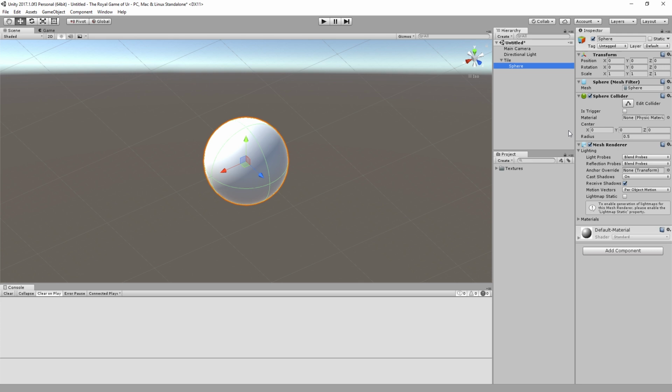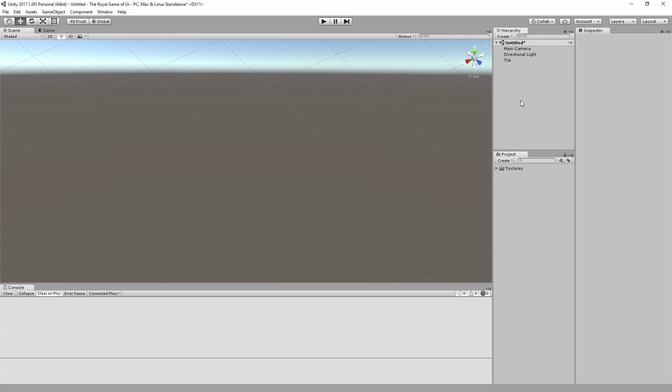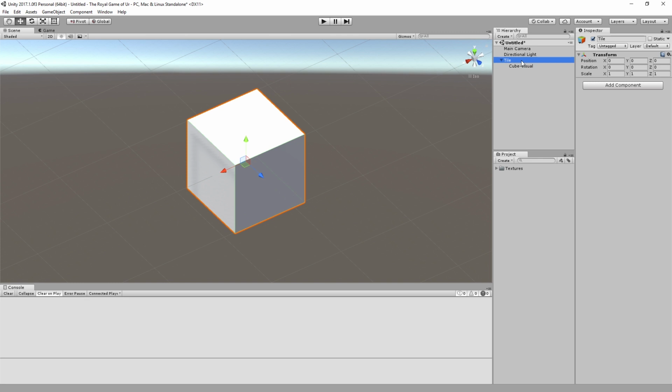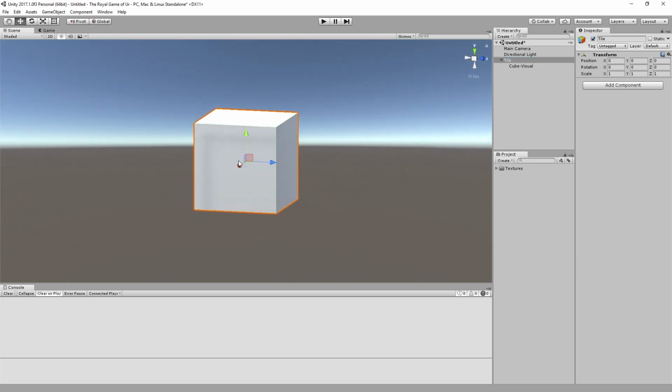Or maybe you've made yourself a 3D object in Blender or 3D Studio Max or something like that, and you want to swap out the visual. It's awesome. The other thing, I'm just going to go ahead and undo a few times here to get my cube back. The other thing that's really nice is this marker here, when you've got the tile selected,